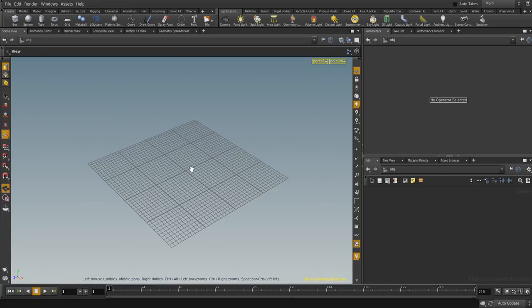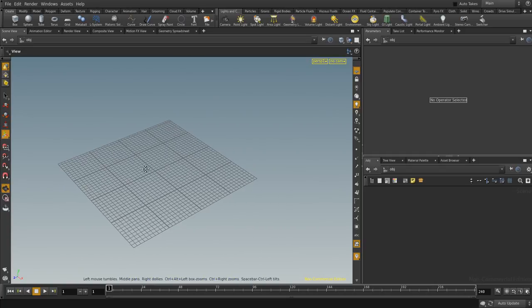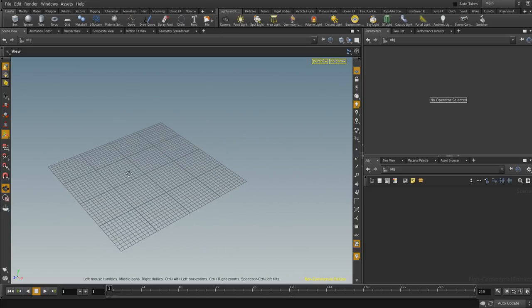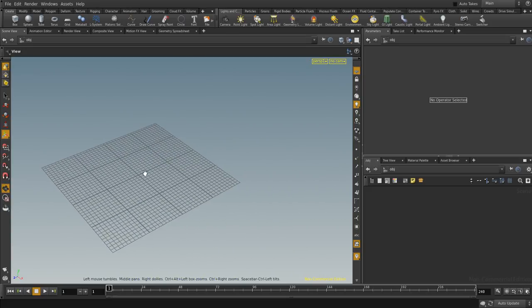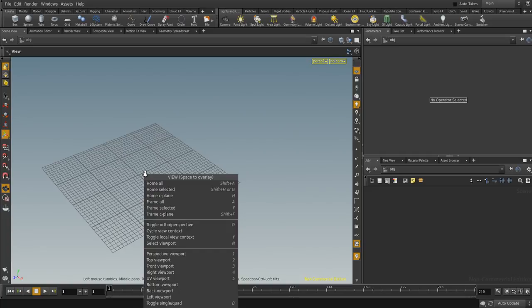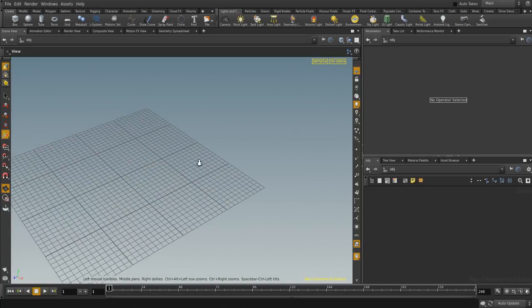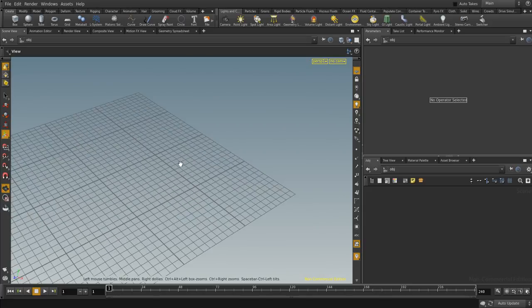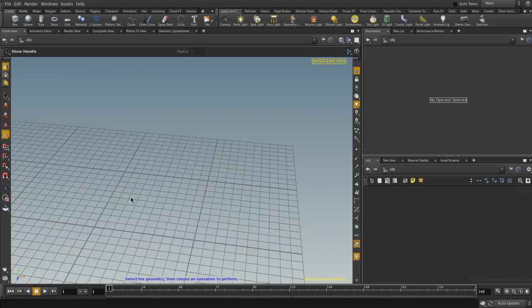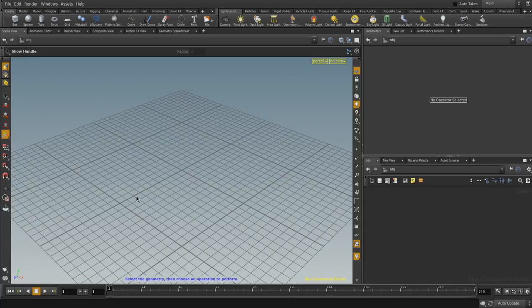If I press Alt and the middle mouse button, I can pan. With Alt and the right mouse button, I have the zoom if you don't have a scroll on your mouse. With the space bar plus Alt G, I can return to the